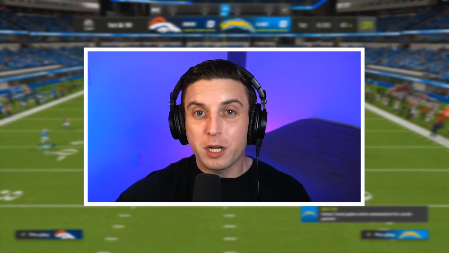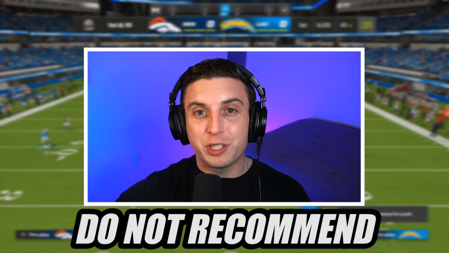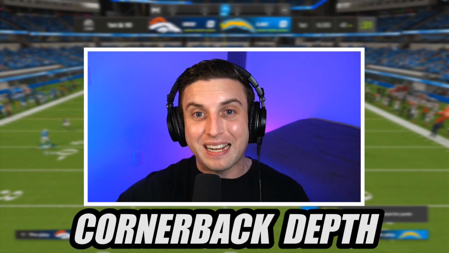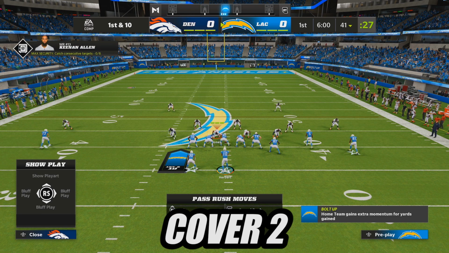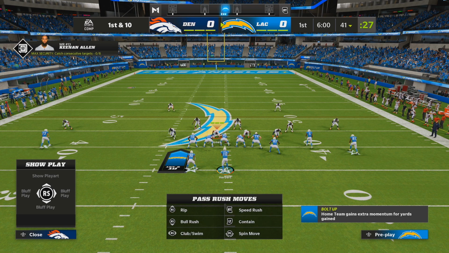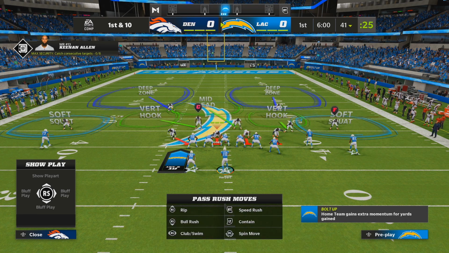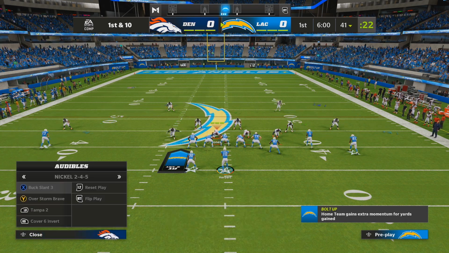Now, real quick, I want to talk about 2 things I do not recommend using to read your opponent's defense, and the first one is cornerback depth. I know some people try to use cornerback depth to determine whether a coverage is cover 2, cover 3, or cover 4, but as you can see from this example in nickel 2-4-5, the cornerbacks line up in exactly the same spot for both cover 2